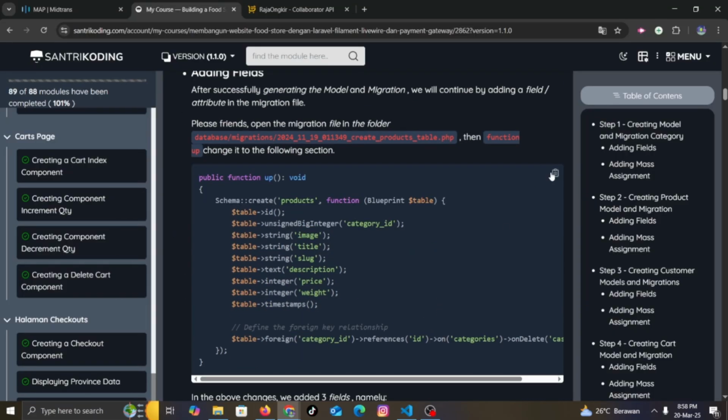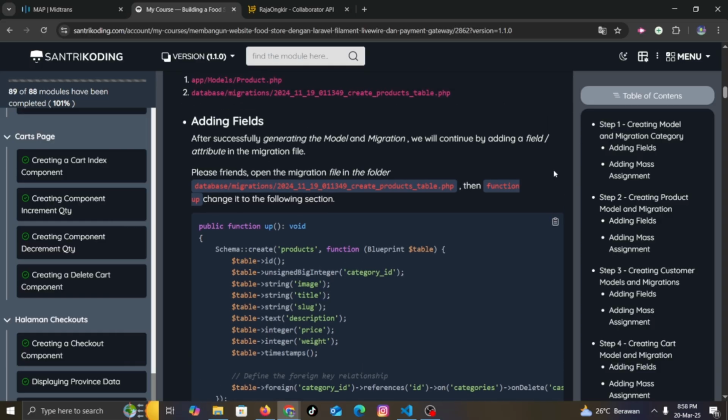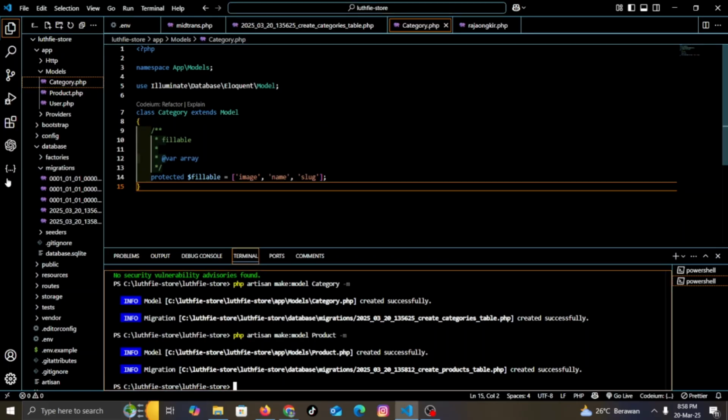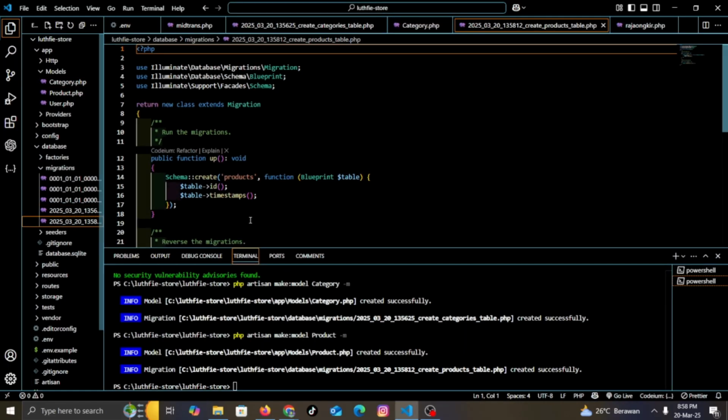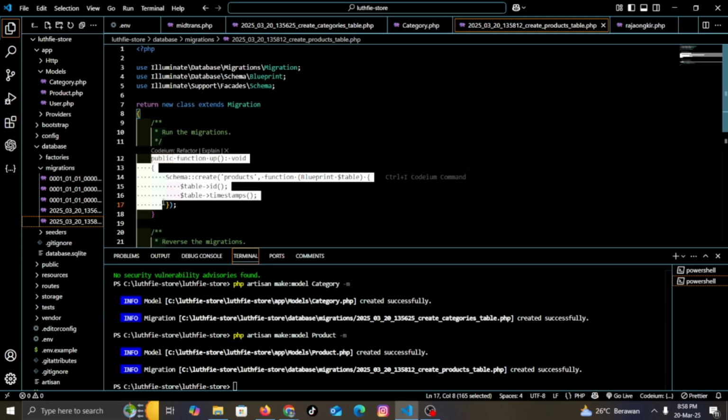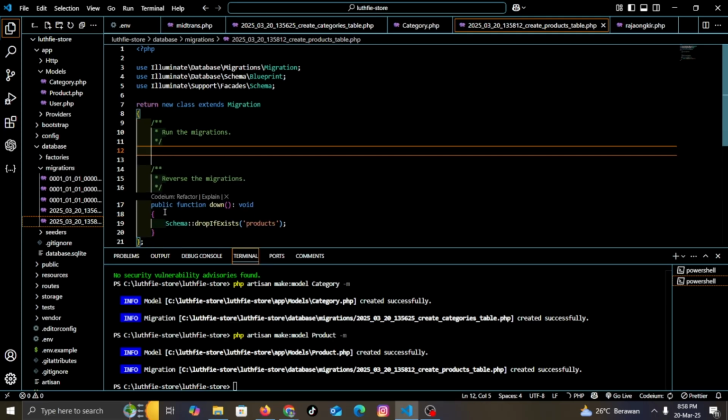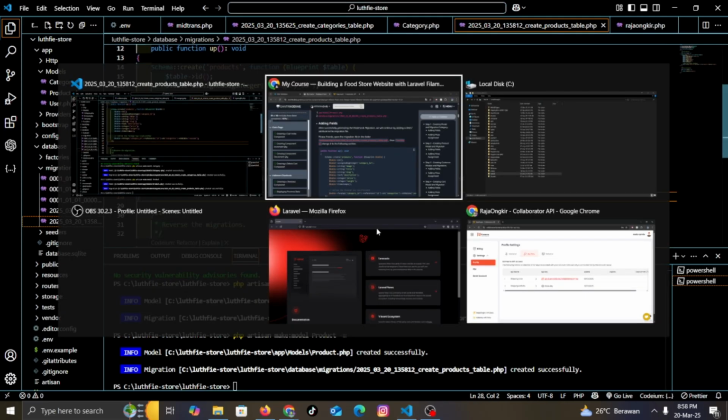Then please open the migration file in the folder after successfully generating the model and migration. Public function up.